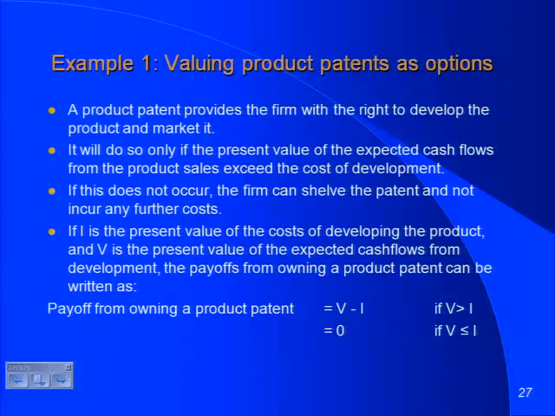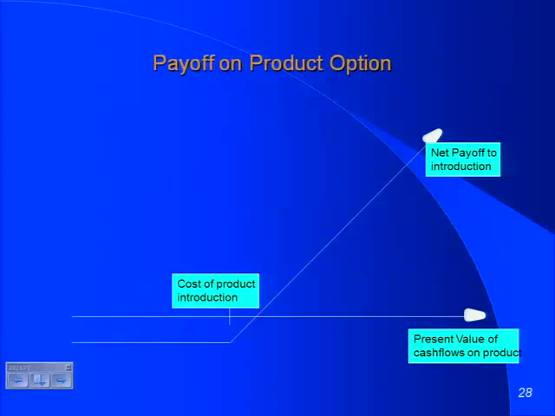So as a company, this is the decision you face. If V is greater than I, the present value of the cash flows exceeds the cost of developing the patent, you're going to develop the patent, make the difference. If that is not true right now, then you're going to sit and wait and hope that something good happens, right? And if you think in terms of a payoff diagram, the cost of developing the patent becomes a strike price. The product that emerges from the patent, the cash flows from it, becomes the equivalent of the underlying asset. You will develop the patent and make the difference if the cash flows exceed the cost. Of course, that might never happen, in which case you lose whatever you spend getting the patent. And what was that? How do most companies get patents?